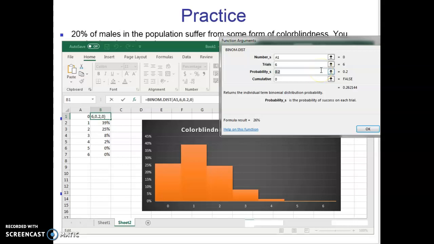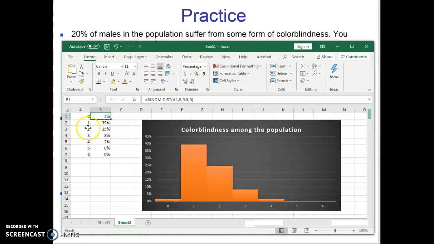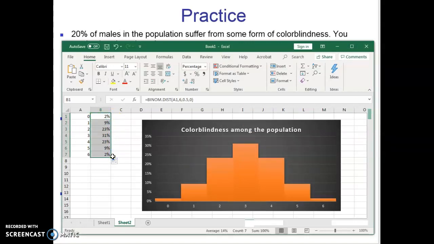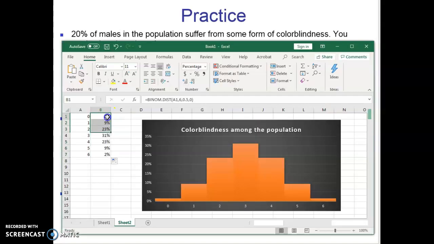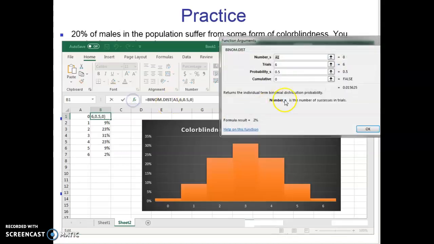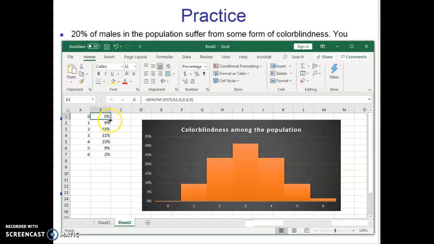Let's change it to 50%. And I want you to watch what happens to the histogram when I do this. Okay. Now I've got to pull this down, of course. Notice it becomes symmetrical. If instead I change the probability of success to, let's say, not 50%, but 80%, then it becomes skewed